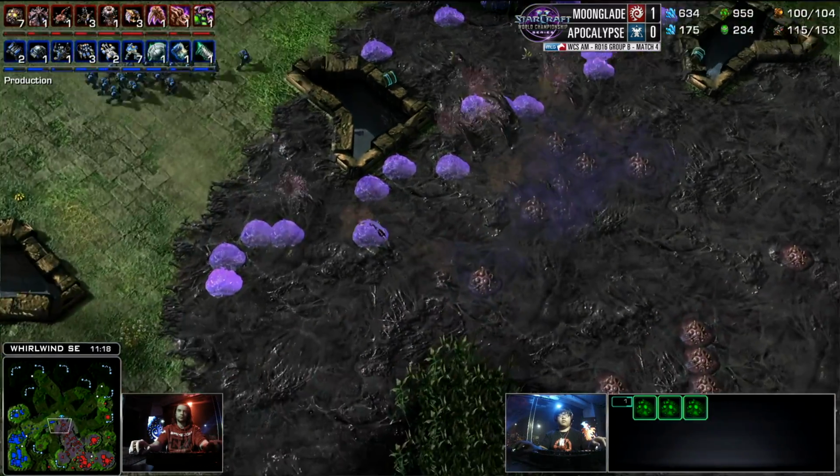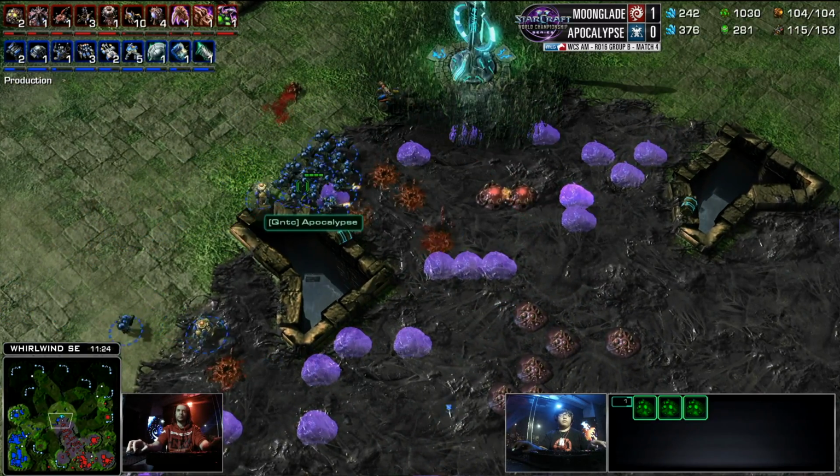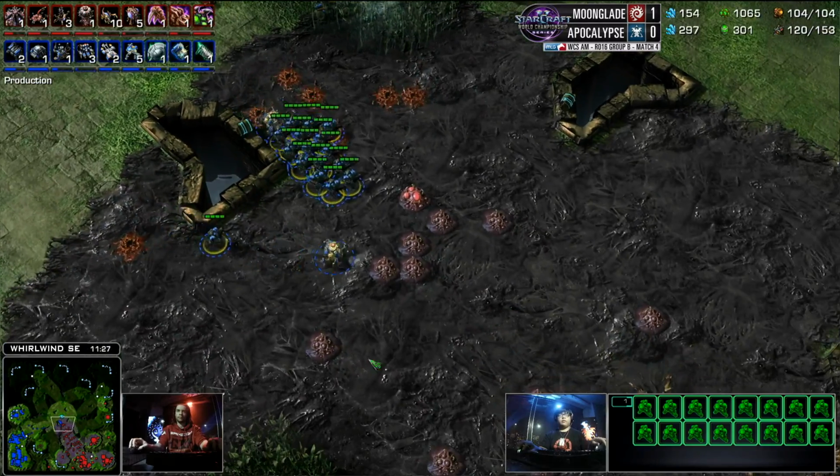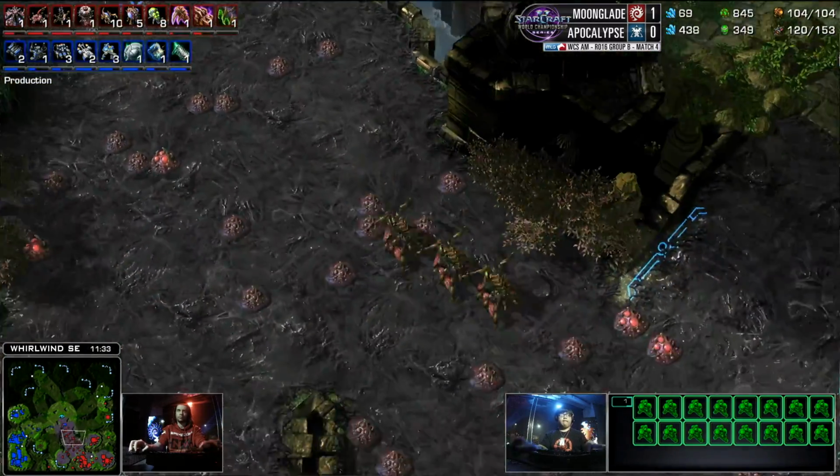Apocalypse is moving out right now, but he has no combat shield. No 1-1 against 1-1 speed lings. No medevacs to pick up this force. This is extremely risky by Apocalypse. We're going pretty far on the creep, too. I guess he's trying to...